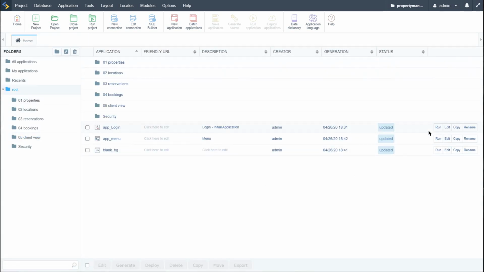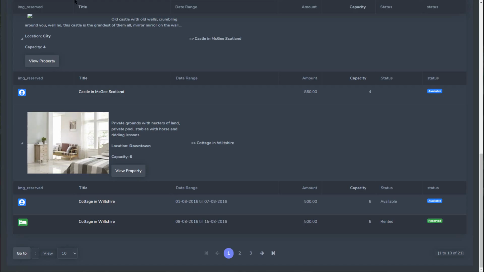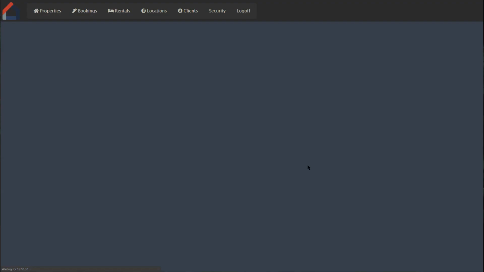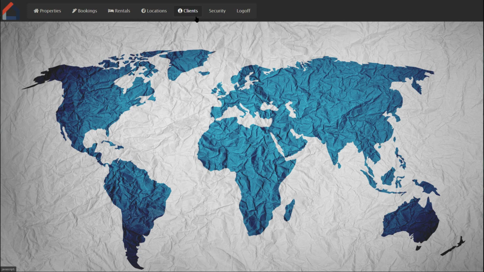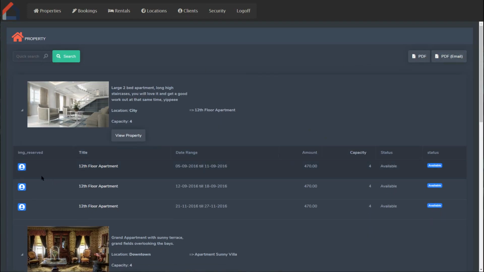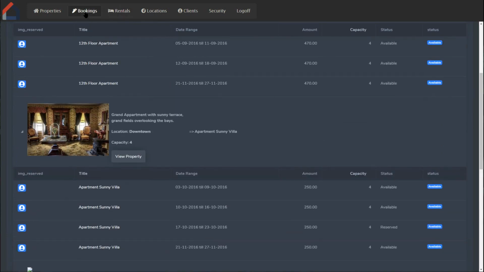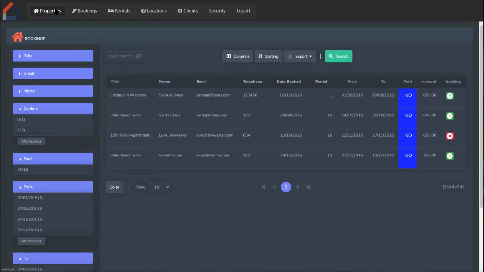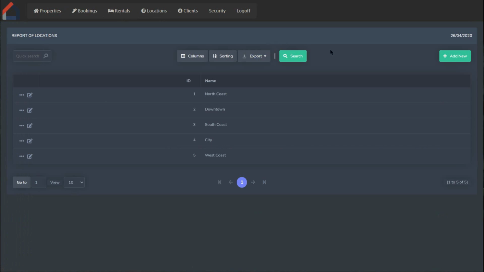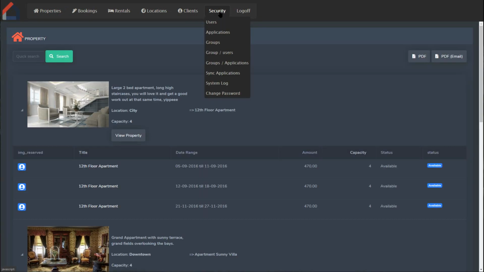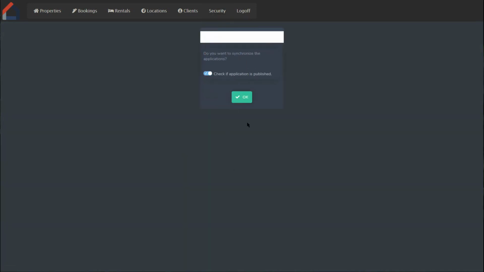Okay, now I'll close. And now if I come back here to root and I log in, run the login, and I log in with admin, I now have the client view here. I can view here then also the reservations or create reservations. And we then also have the bookings. Now there are for sure some features and variations that you would want to add to this, or change on this. The only addition that is needed here within the backend is actually the addition of the new application